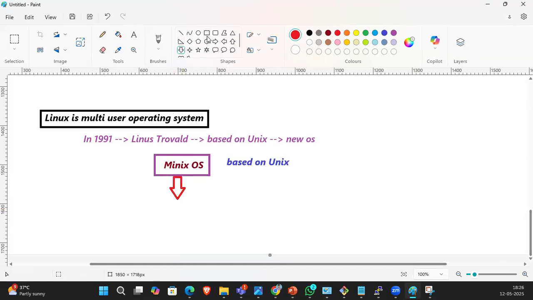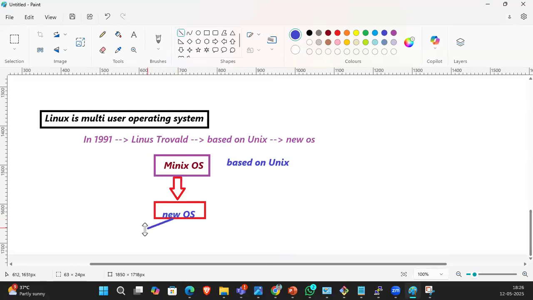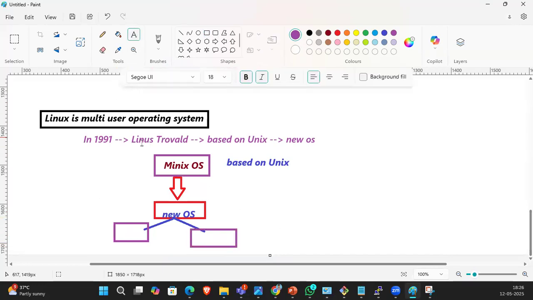So what is that OS, guys? He was thinking of putting a new name on this OS. Then he created a name like this. What is his name?